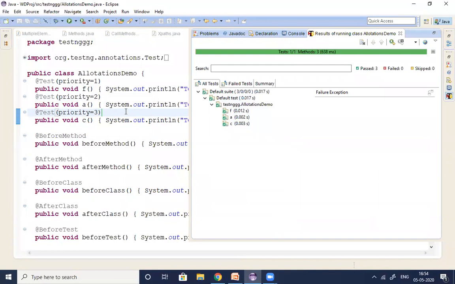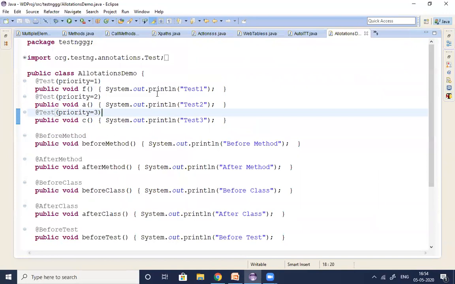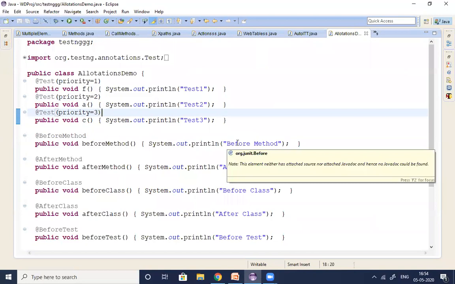This is about working with the different annotations in TestNG, working with the different formats of results, how to see the different formats of results in TestNG, and also how to prioritize the test cases, the test scripts in TestNG. In the next videos, we will discuss how to write the TestNG tests in real time, how to write the TestNG test scripts on a scenario basis, how to run them through an XML file, and how to apply soft assertions and hard assertions. That we will discuss in the next video.